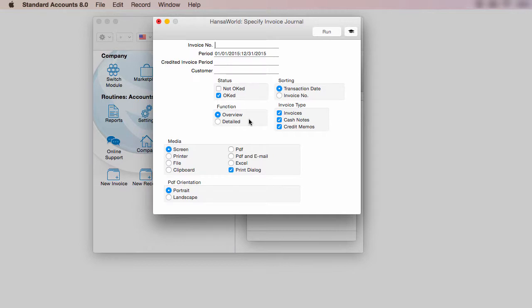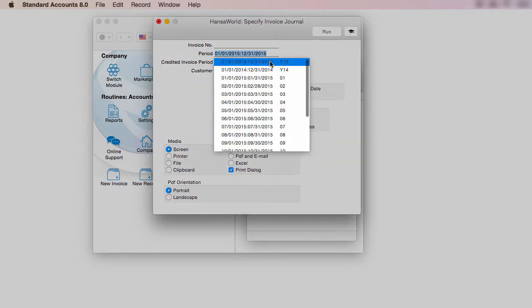In the specification window, Standard Accounts will offer a default period. This will be the first period defined in the Reporting Period setting in the System module. You can change this setting from time to time to keep the default period up to date. For this report, you can either enter a different period manually, or you can use Paste Special, Command Enter, to